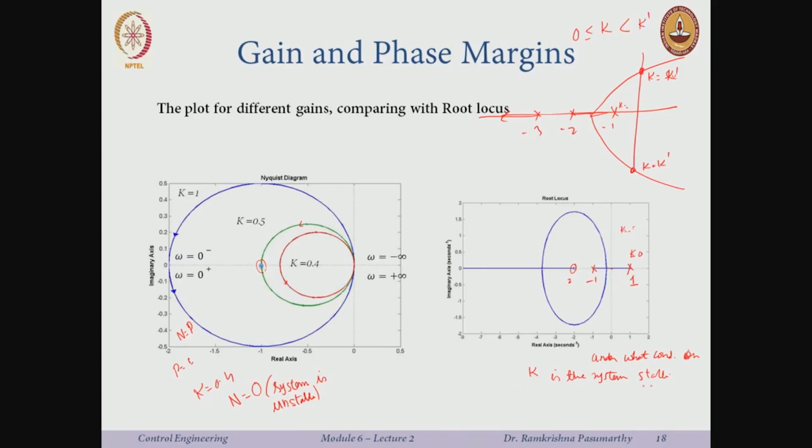Okay, what can I say over here? Well, the system is stable. What happens for k equal to 0? K equal to 0, I am unstable. K equal to 0.1, I am still unstable until I reach k equal to say 0.5 here, where I am just at the point -1 plus j0. So this system is stable for k greater than 0.5,